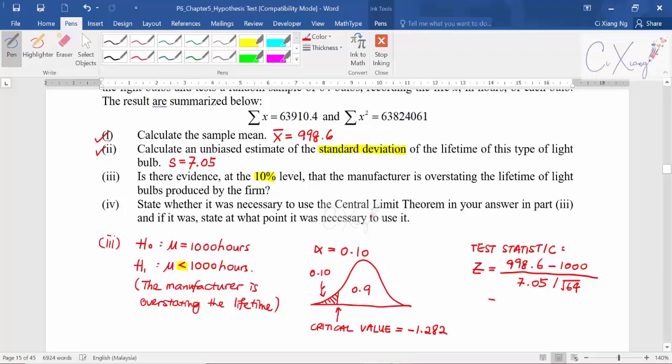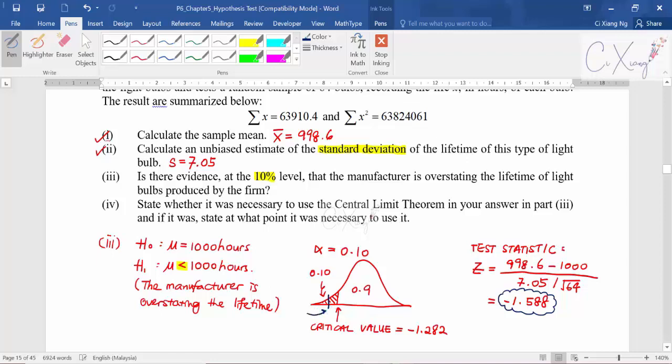Then from here, you will see that if you didn't make any careless mistake, it should be a value of negative 1.588. This is your test statistic. Once you get the test statistic, you put it in the diagram to make a decision. So if you look at the diagram, negative 1.588,